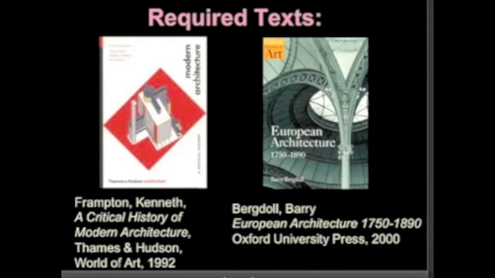And probably widely available through the Half Price Book Network also, so you can get them even cheaper, is Kenneth Frampton's A Critical History of Modern Architecture. And he just picks different avant-gardes and talks about them for a while, looking at the early 20th century and moving forward. What's interesting about this is that he recognizes that 20th century architecture is not so unified as you might think, and it has to do with all these different movements that are driven by national conditions. This is what's happening in Germany, this is what's happening in England, or technological conditions, or certain attitudes about style. So these are great readings.